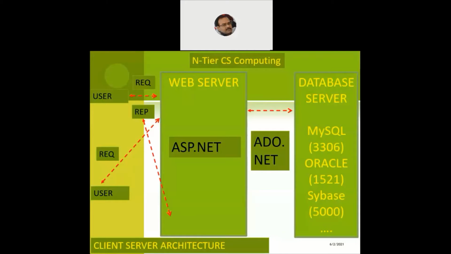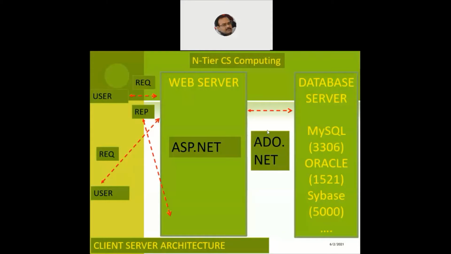So our good old three statements of the database, like your DDL, DML, and DCL statements: data definition language statements, data manipulation language statements, and the data control language. ADO.NET supports almost all of them. So we can create a table, we can drop a table, we can fetch the records from the table, select star from table name, or where column name is equal to this, or update table name, set column name is equal to this, where column name is equal to this. So we can write whichever structured query language queries we want, and all of them are supported by the various functions available in the classes of the namespaces in ADO.NET.